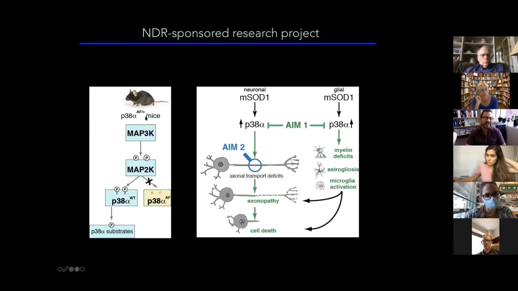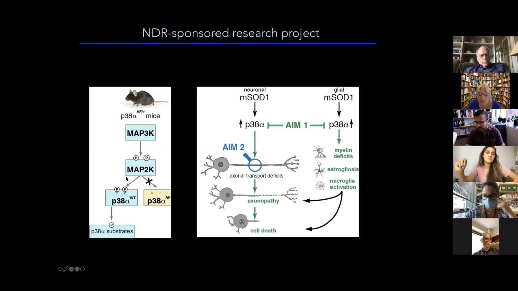AF is not where, I know in English people use AF for other things, but the reason for the AF has to do with two mutations that were introduced in these mice. So they are knock-in, meaning that one of the alleles encoding P38 alpha in these mice have been mutated in two sites that are important for the activation by the upstream MAP2 kinase. So they basically display 50% of the levels of the active kinase, and they have no